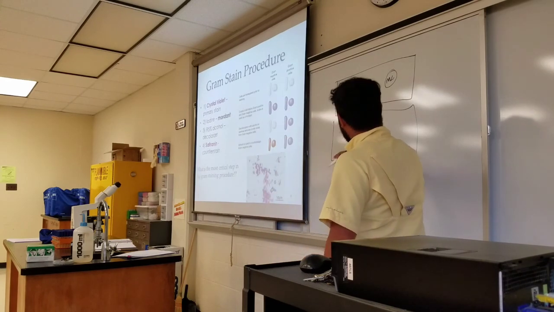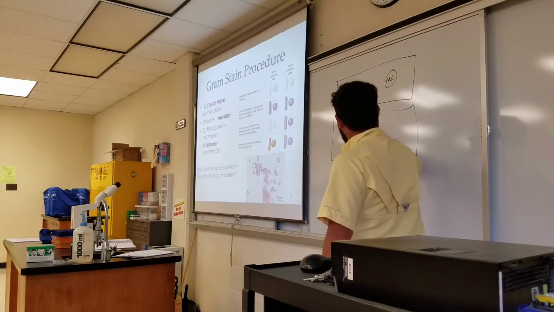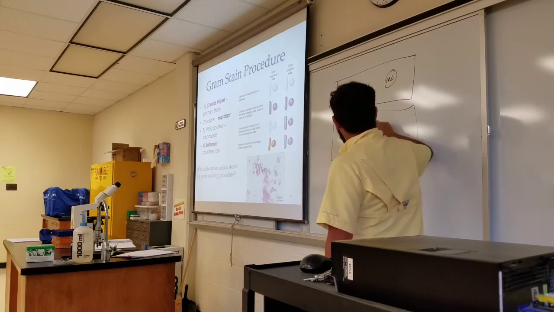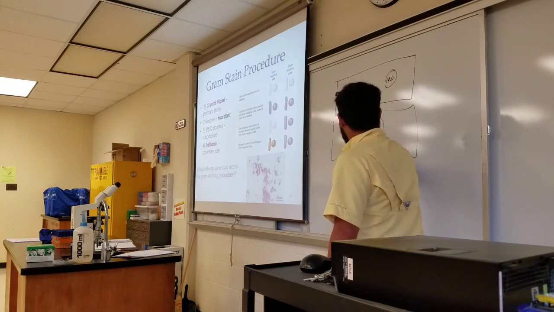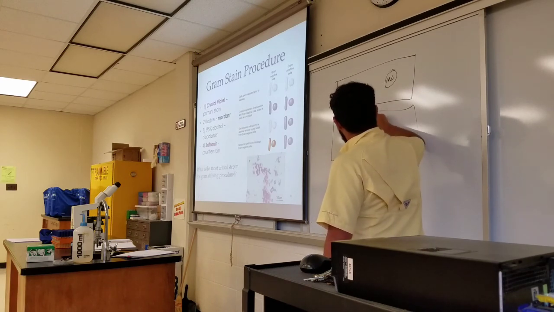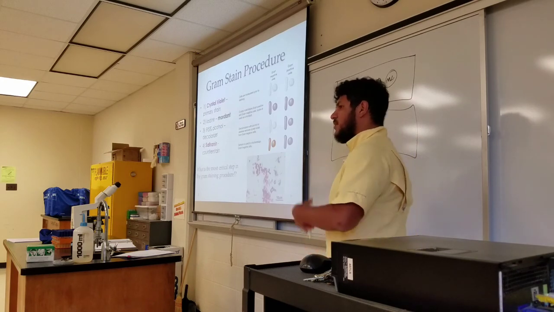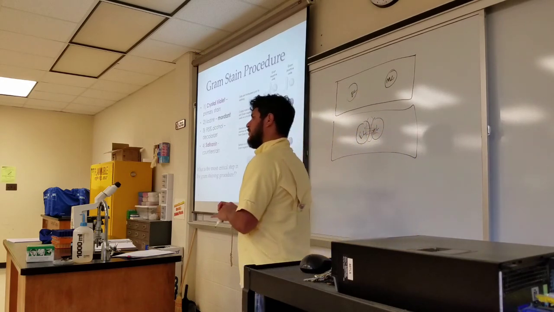So what we're going to do is we are going to make an E. coli smear, a Micrococcus luteus smear, and then we are going to mix them together. So in the intersection of those smears, that's the field of view that we're looking